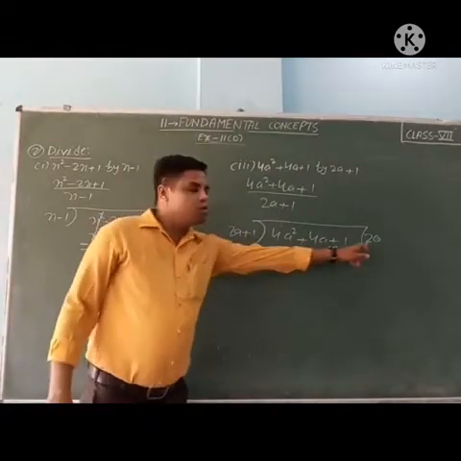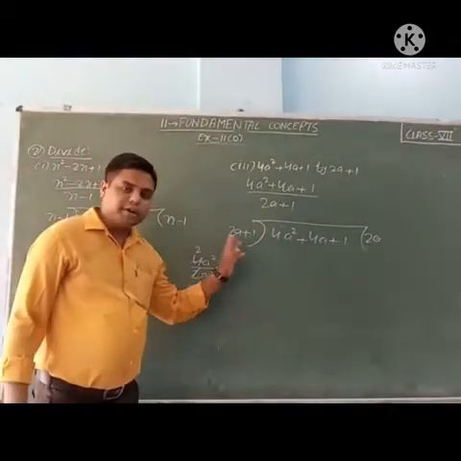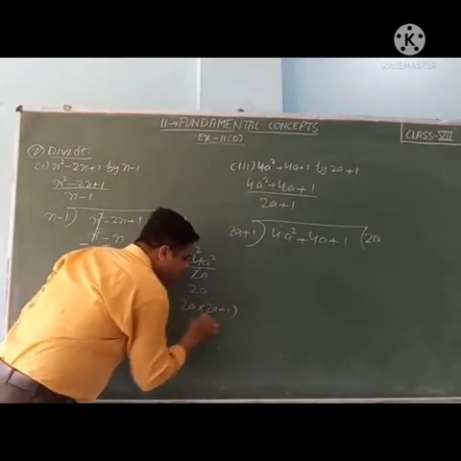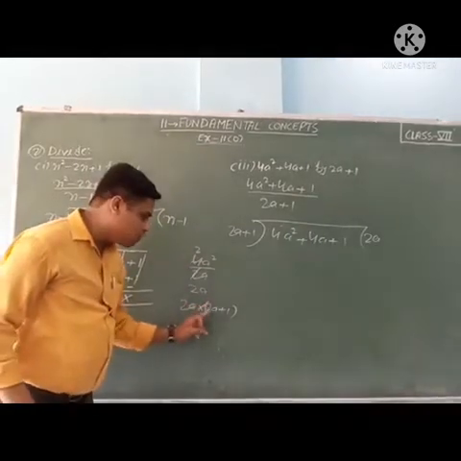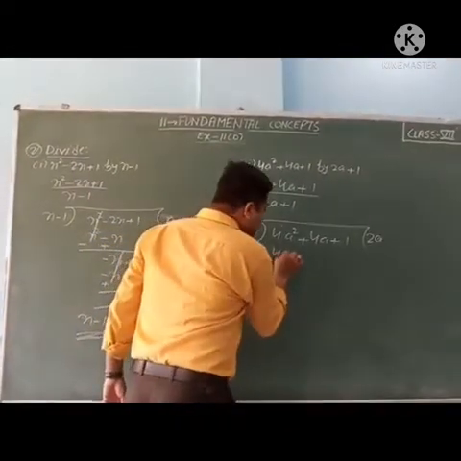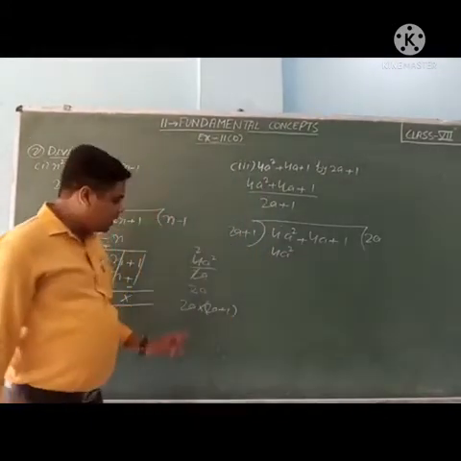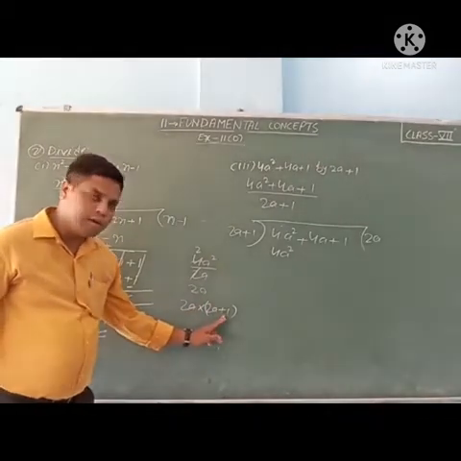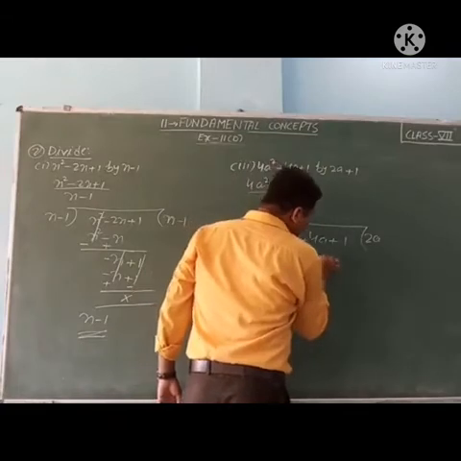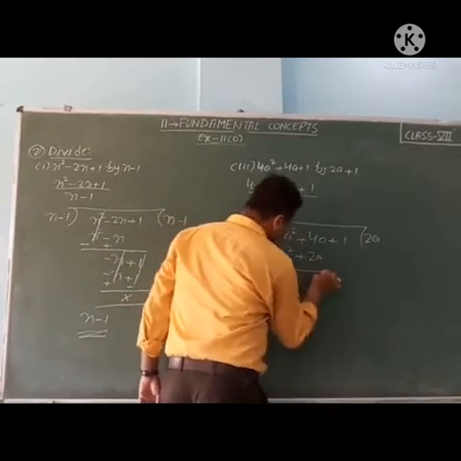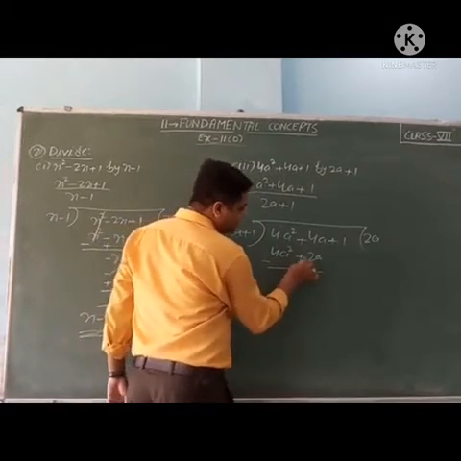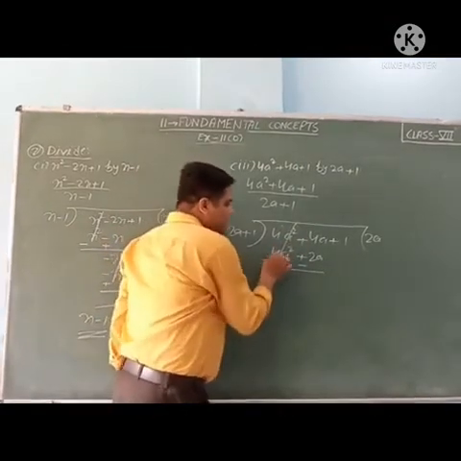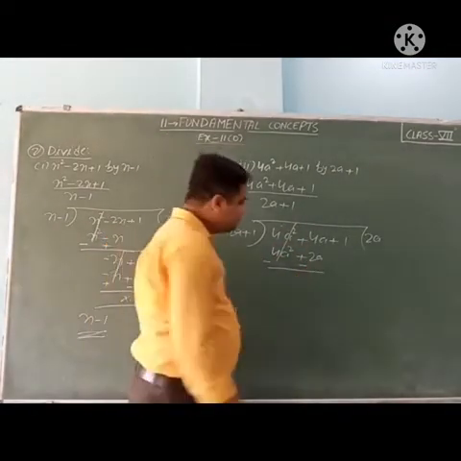So by this 2a, we will multiply in both the terms, like this: 2a multiply 2a plus 1. So 2a into 2a, 2 to the 4a square. This we will write here, 4a square. Then 2a multiply 1, both are positive, means plus. 2a multiply 1 means 2a. So plus 2a. Now change the sign. Plus changes to minus, plus changes to minus. So plus 4a square minus 4a square cancel. Plus 4a minus 2a means 2a.